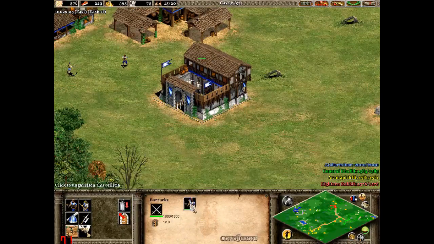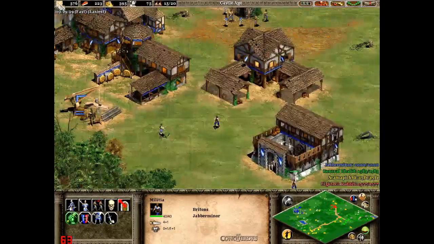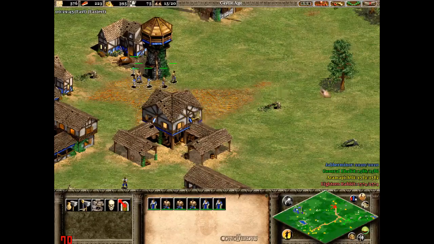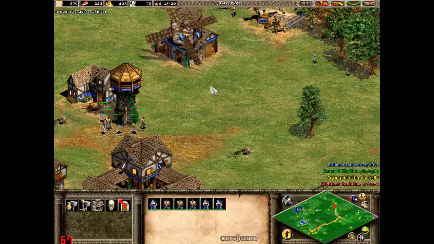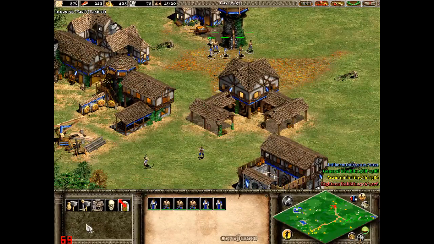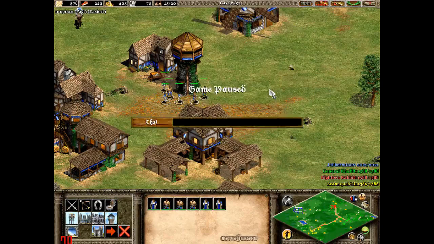And so I can ungarrison him, but I can't garrison him again. The castle has 20 people max that it can hold, and they can go in and out without any problem at all. Siege units, however, cannot be garrisoned inside a castle. So, for example, if I just